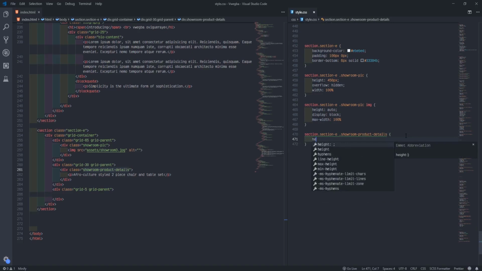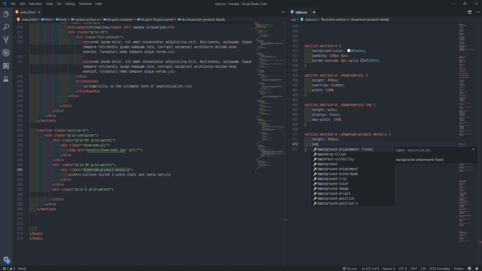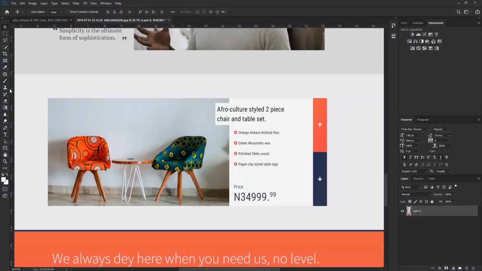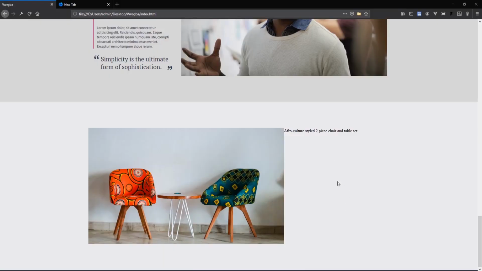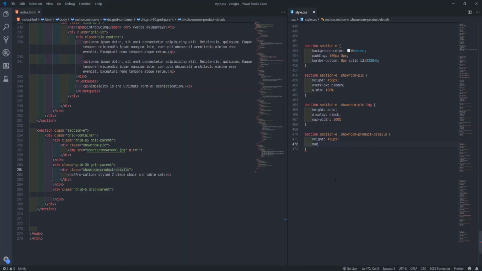I'll say make the height be 450 pixel now. So height 450 pixel. The background color, more picker. So I'll select my picker. F5. Okay. So the background color, ash.